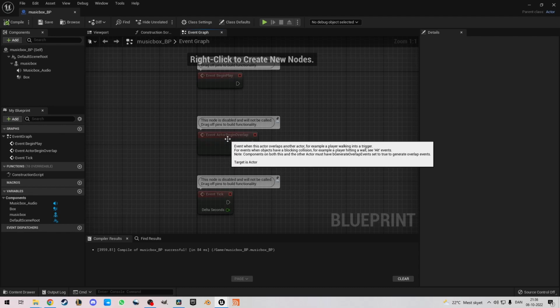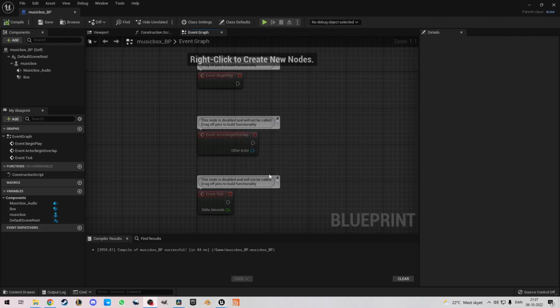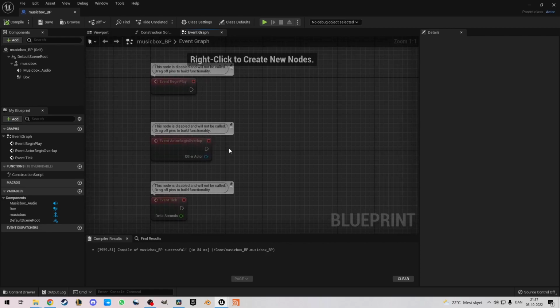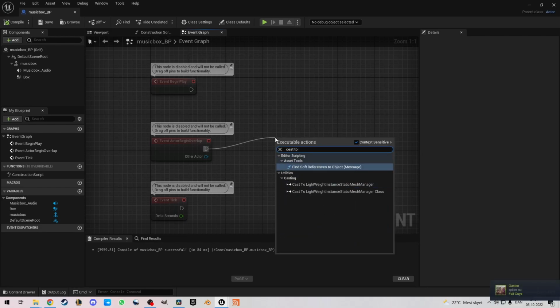We're going to do the UI now. So when the player walks up to the music box, we would like the picture we made earlier of the E key to appear. So that's what we're going to do. So we're going to take our event, which is not used by now, but when we start using it, it will be. So here, and we're going to look for a cast to